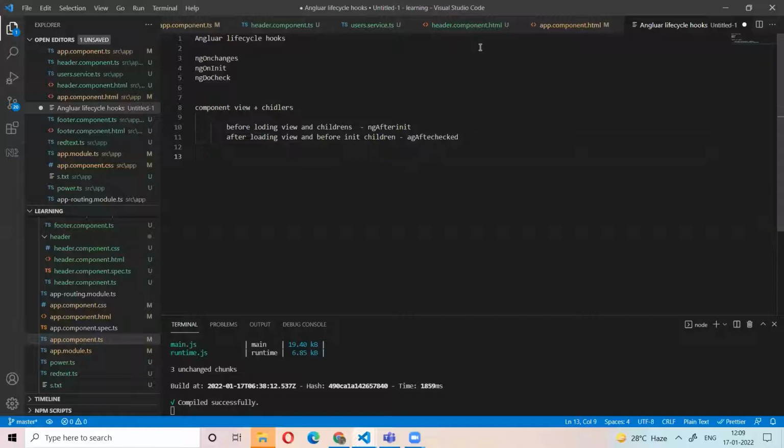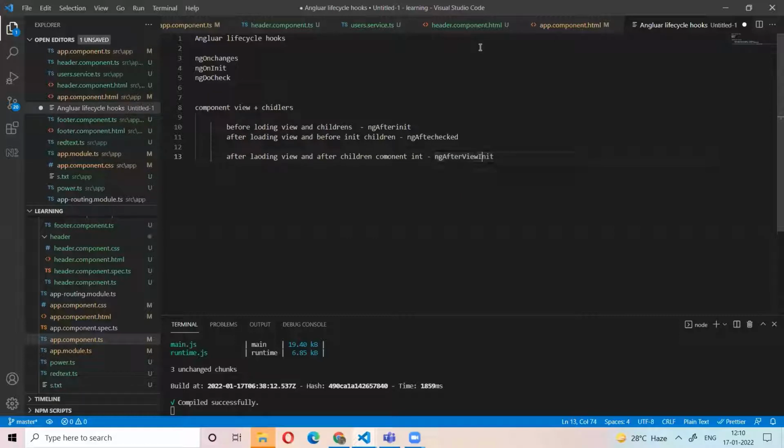Now after loading the view and after the children component initialization, then ngAfterViewInit. That means the child component data is still not loaded; only the child component class is initialized. Then ngAfterViewChecked will load.